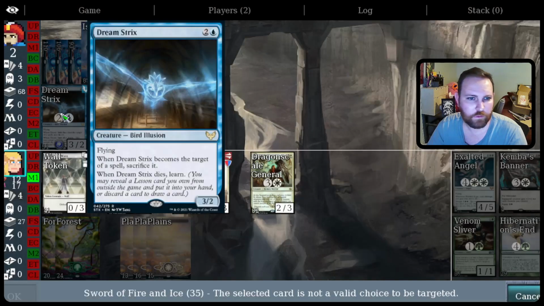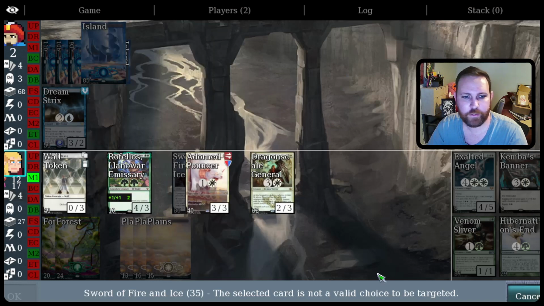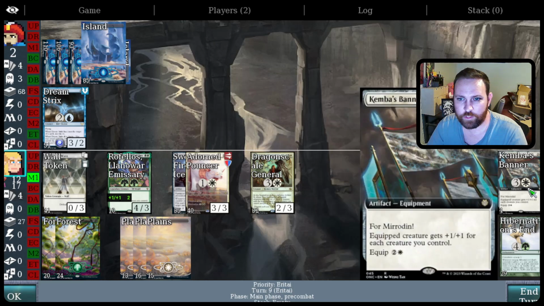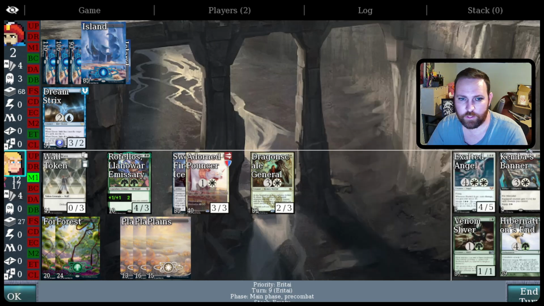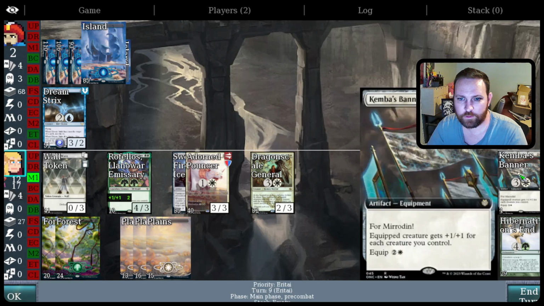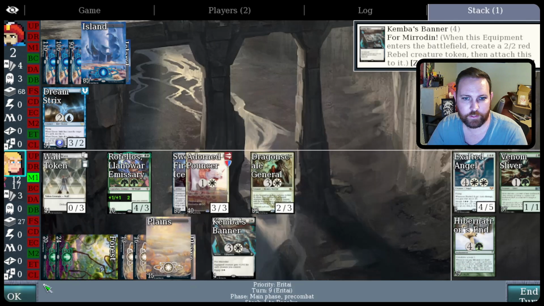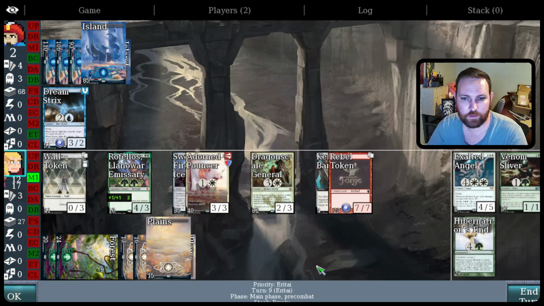Oh. You can't equip an enemy creature. Okay. Fine, I won't target it. Four, 7. 7. Yeah, I don't know. Doesn't matter. Let's just, oh, he becomes a...